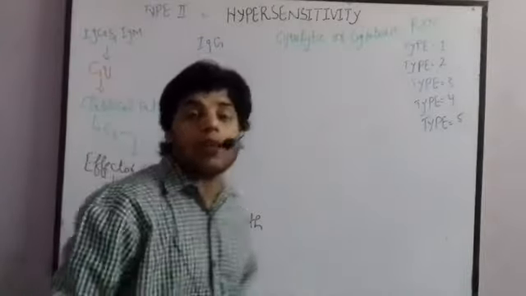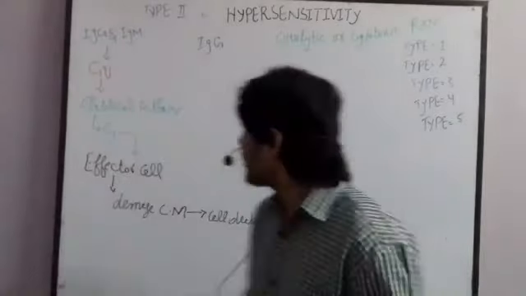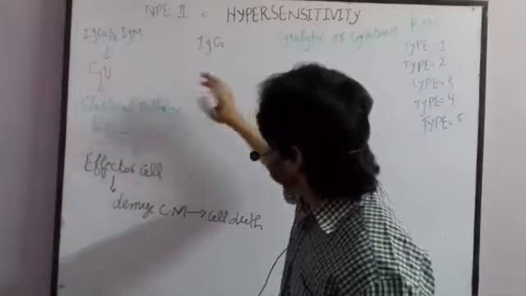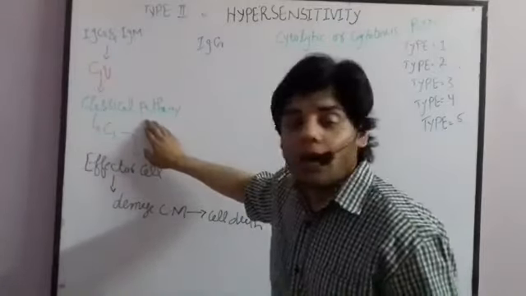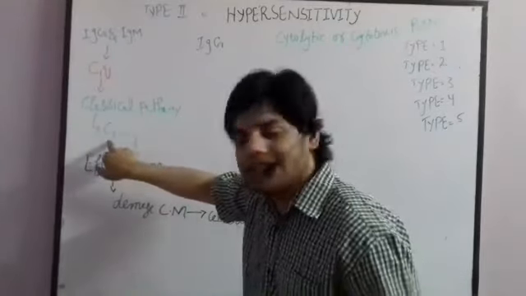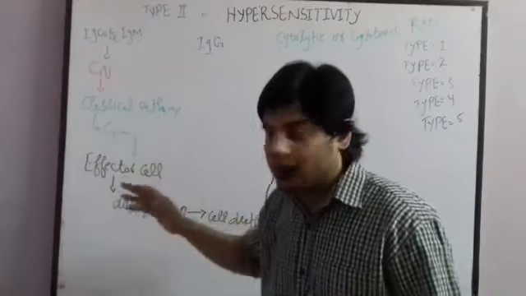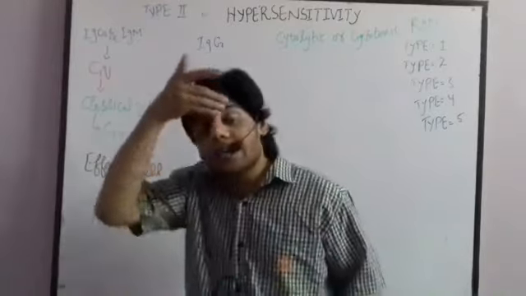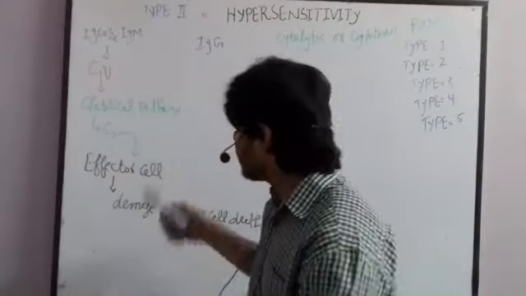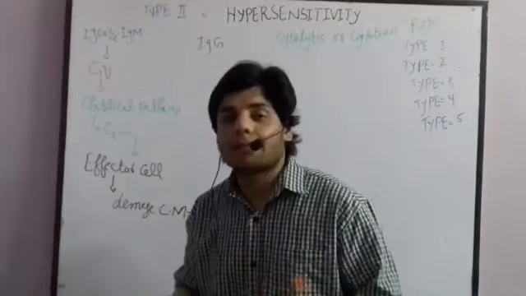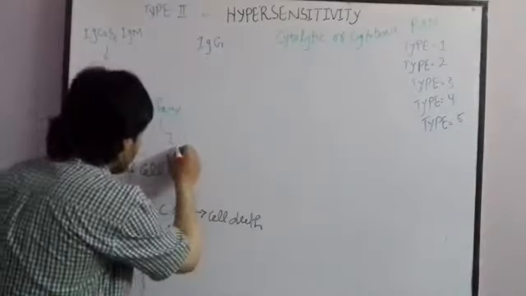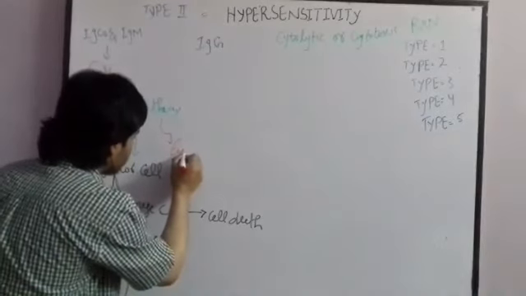Okay, they will lead to what? They will lead to cell death. Sometimes this classical pathway will activate the C3 protein, and this C3 protein will activate the rest of the things. But sometimes this classical pathway will activate another pathway, which we call the lytic pathway. So let me write lytic